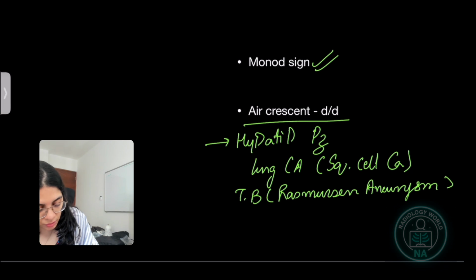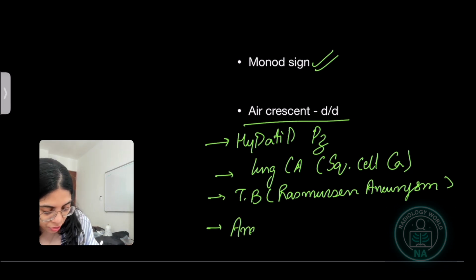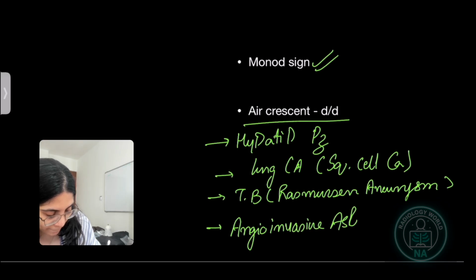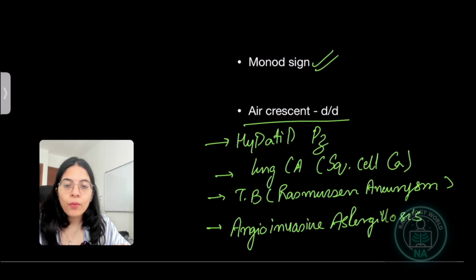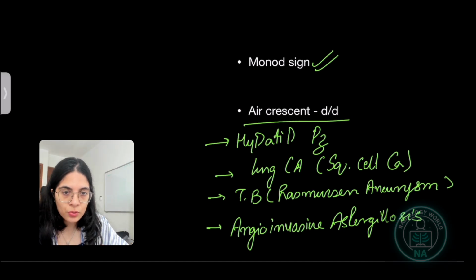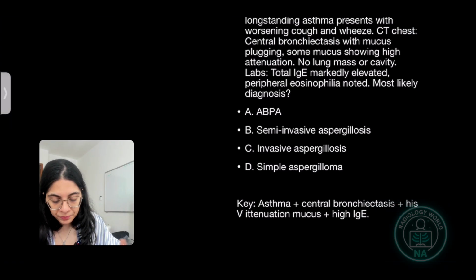And another most important one which is tested, and which we'll cover in our subsequent slides, is angio-invasive aspergillosis. Okay. There is a very important clinical thing which is associated in angio-invasive aspergillosis with air-crescent sign. It is going to basically represent recovery in those patients when you are starting these patients on immunosuppressants. Okay, so let us just talk about